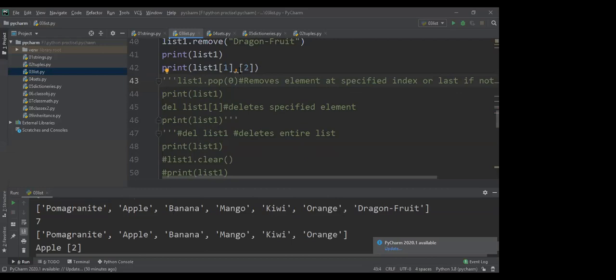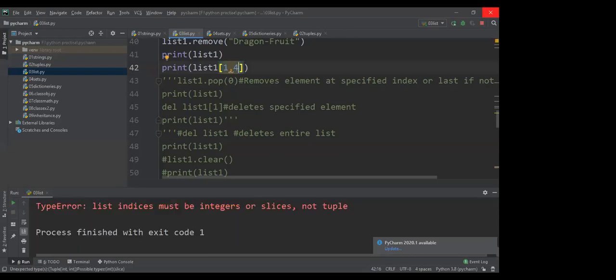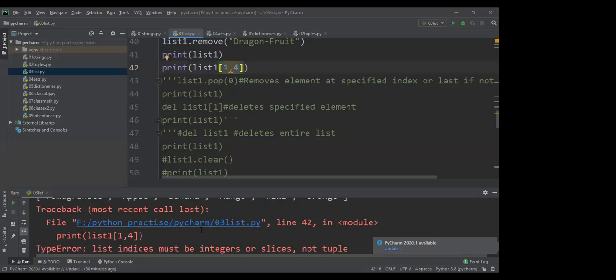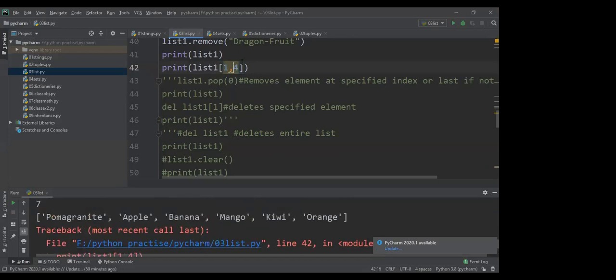You want 1 and 4, right? 1 comma 4. It is not taking. Okay, Manish, I'll check it and I'll let you know. Some option is there if you want to print elements 1 and 4, that we can do. But I'll check it and let you know at the end of the class or after the class.